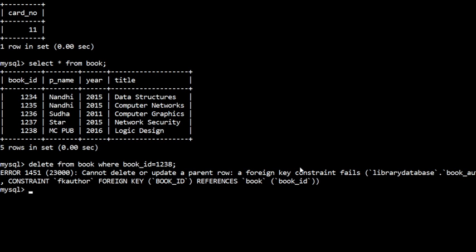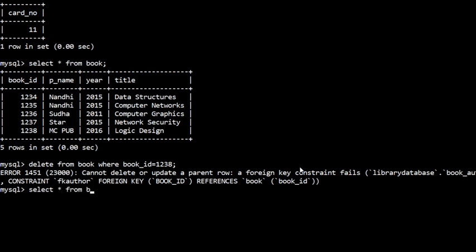From the child table, first you have to delete. Now book ID is there in book copies, book authors, and book lending. In all these 3 tables, you have the book ID column. Now we'll see whether 1238 is there in these tables or not. Okay, so we'll check using the select statement.